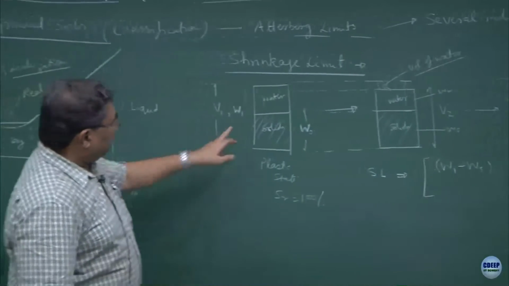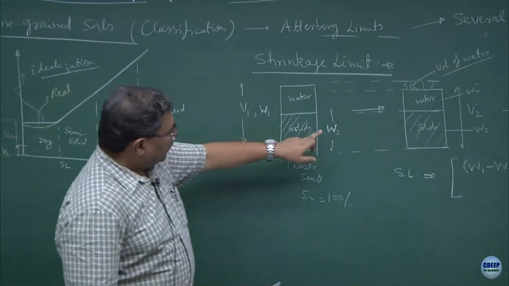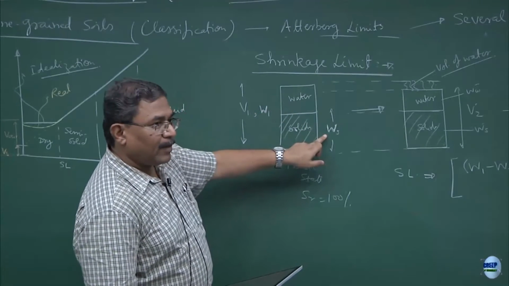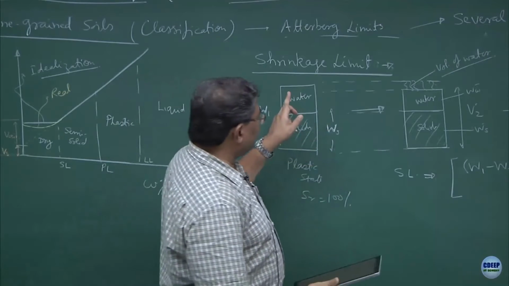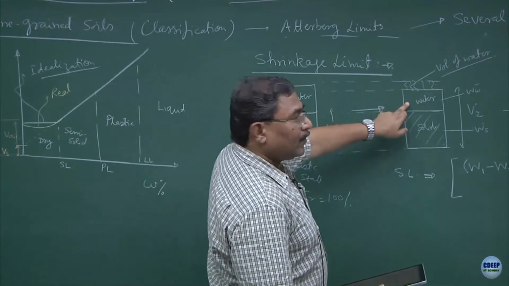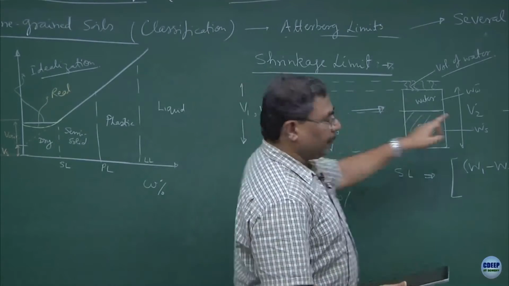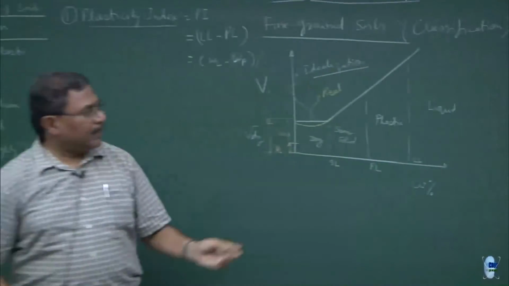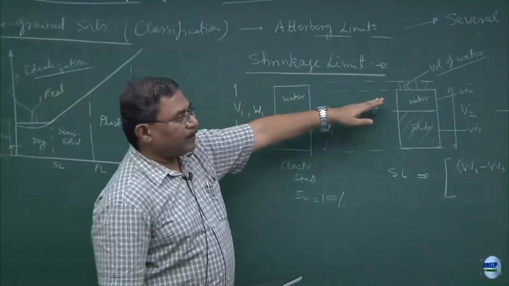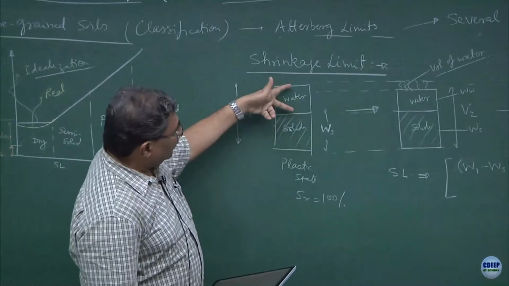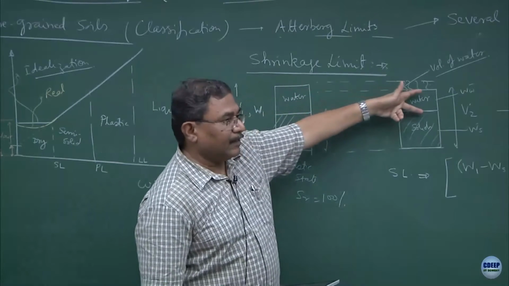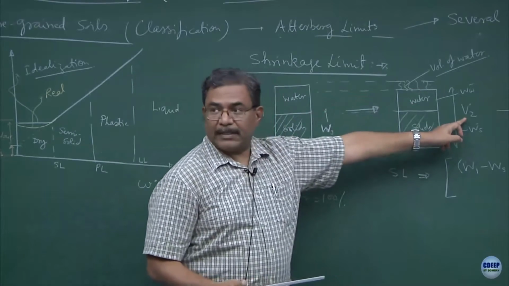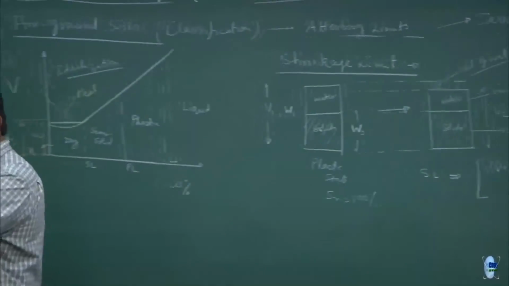So, the weight of the water would be W1 minus Ws, and there is a loss of water which is taking place within the water itself to make system V1 to V2, correct? Is this okay? There are two processes. One is the water is evaporating out of the system, you are drying it. So, there is a loss in the water weight itself because of drying. Solids remain as it is, and there is a volume shrinkage which is taking place. So, these two effects have to be clubbed together.